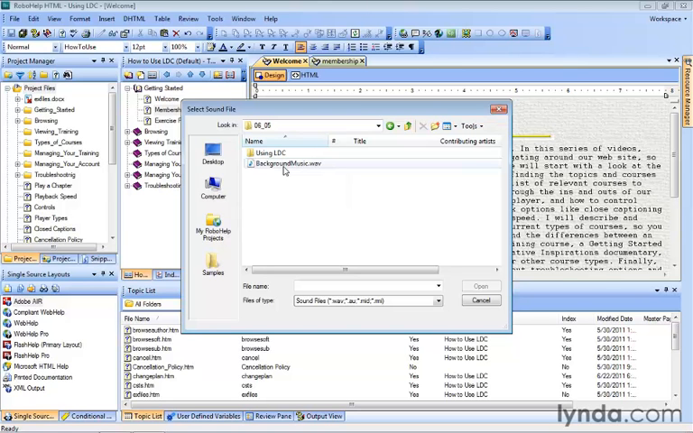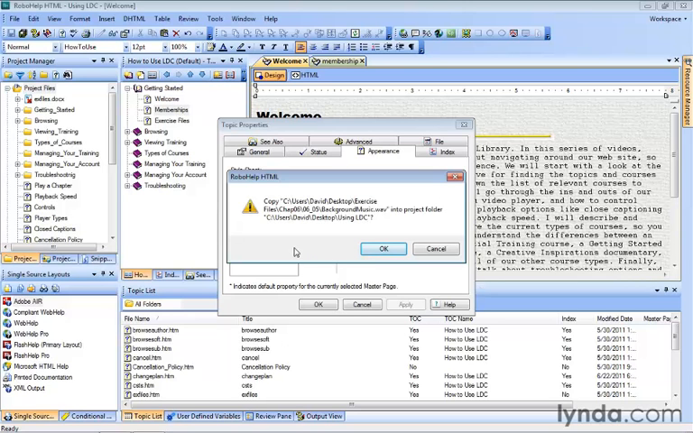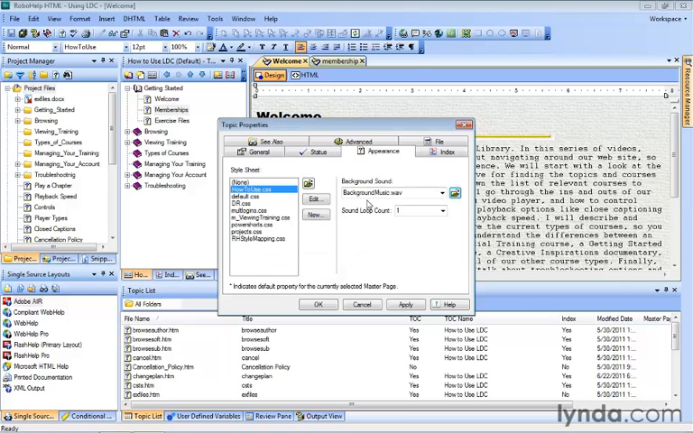Now, we have our background music WAV file that we can select. We'll click Open. You might see a message here about adding it to the project folder. So you need to confirm that this sound file is actually going to be inserted into your project folder, making your project that much bigger. So when you click OK, it actually appears in the sound field, and you'll notice the default loop is set